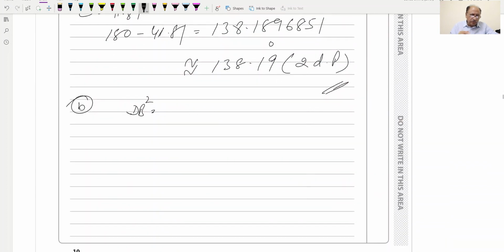So DB squared is equal to one side squared plus other side squared minus 2 into one side into other side,